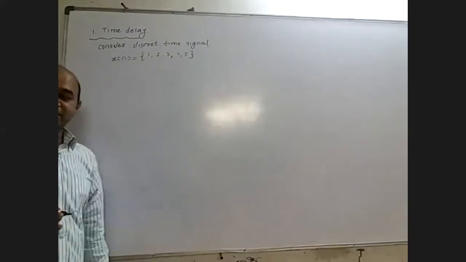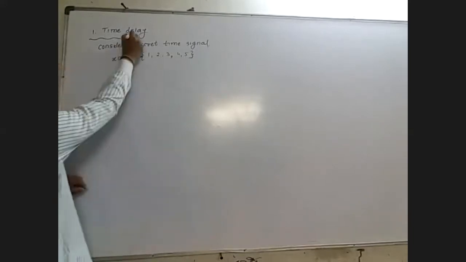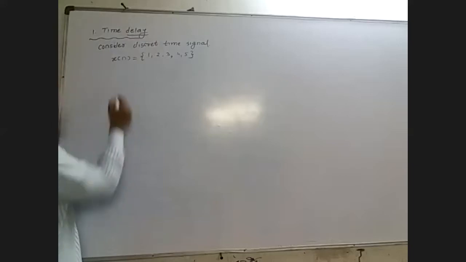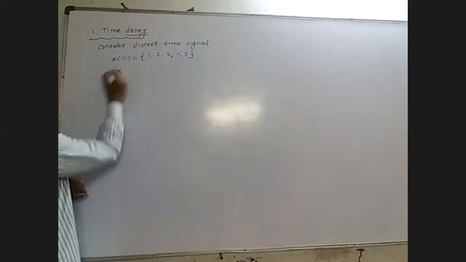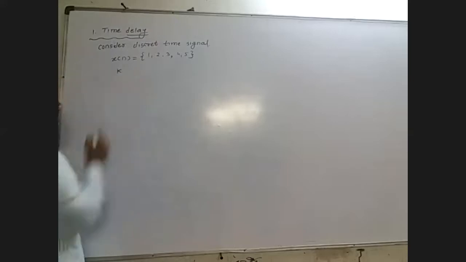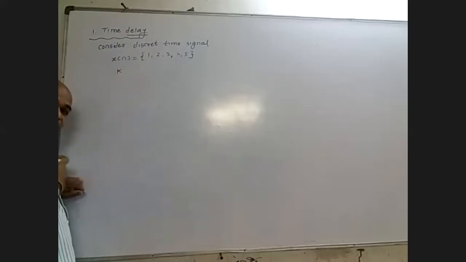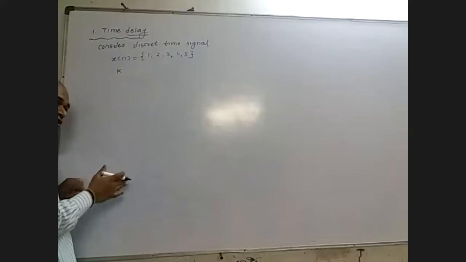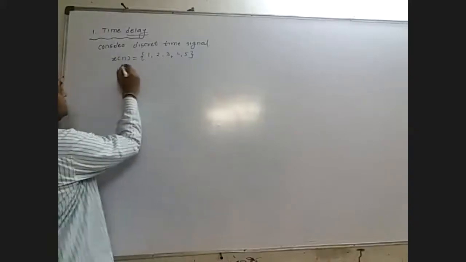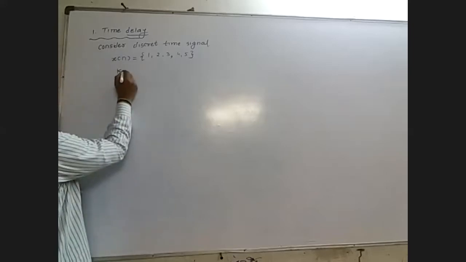Now we are going to perform a delay operation over the discrete time signal. For introducing the delay operation, we consider k as a constant. That constant value will be assumed by us, and it will help us introduce the delay in the discrete time signal. Delay means subtraction of the constant value from the given time signal. Here the given time signal will be n. n is the number of samples, so it will be represented by n.